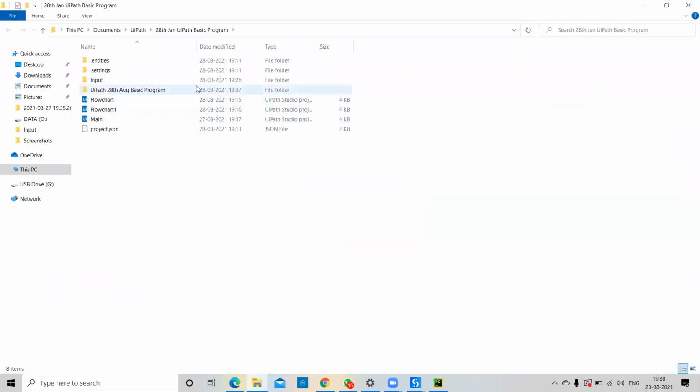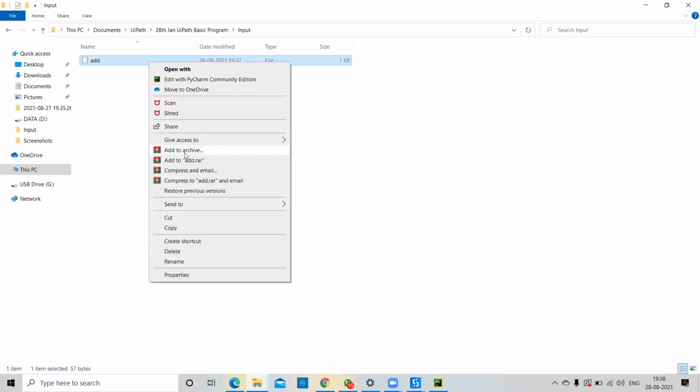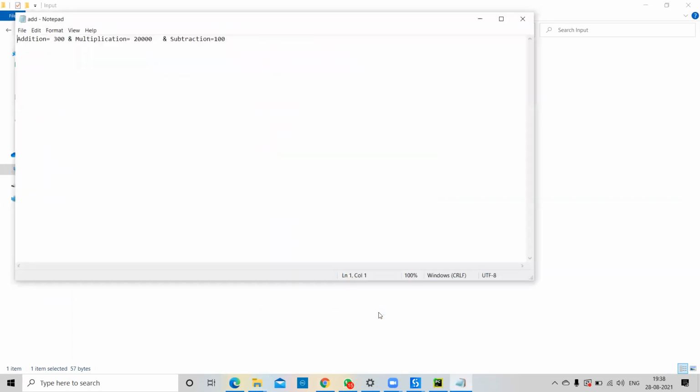Okay, if you go to my project panel, then to my file explorer, and then to my input folder, every time we are getting a new file. This one, 1937, is the current time. If you go for Open with, you can choose Notepad and open it. You can see here the proper data you have written. You have multiple data there.